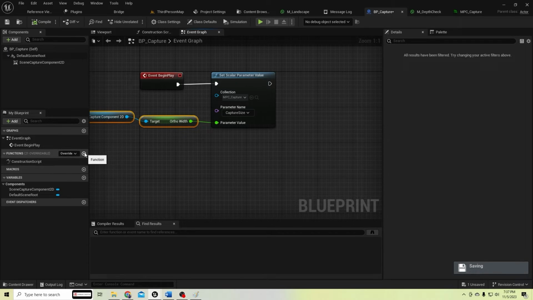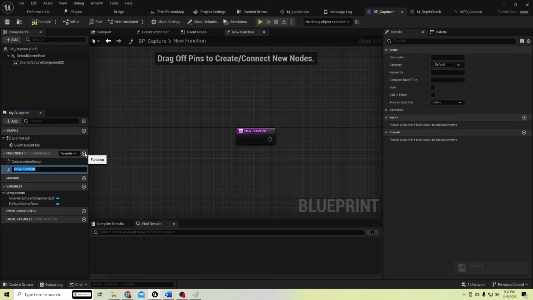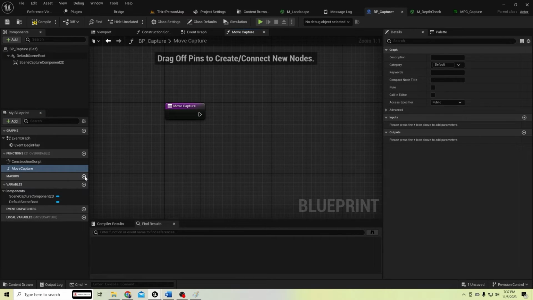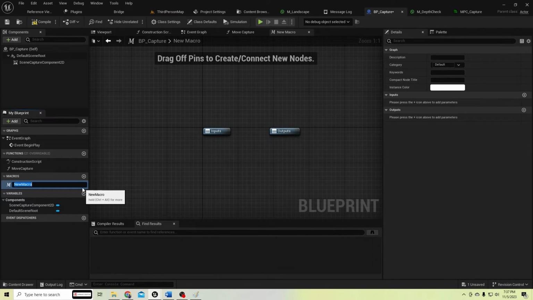Let's create a function for that and name it move capture. Here we also need another macro, like snap to a pixel